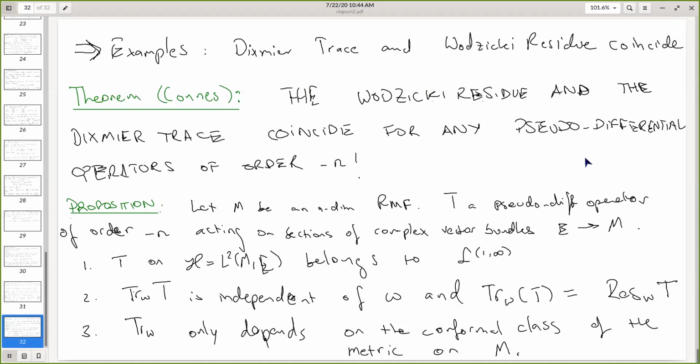of order -n. Now let M be an n-dimensional Riemannian manifold, and T a pseudo-differential operator of order -n acting on sections of complex vector bundles. Then T, on this Hilbert space of square integrable sections of complex vector bundles, belongs to the Dixmier trace class, to the infinitesimals of order 1, compact operators of order 1, and